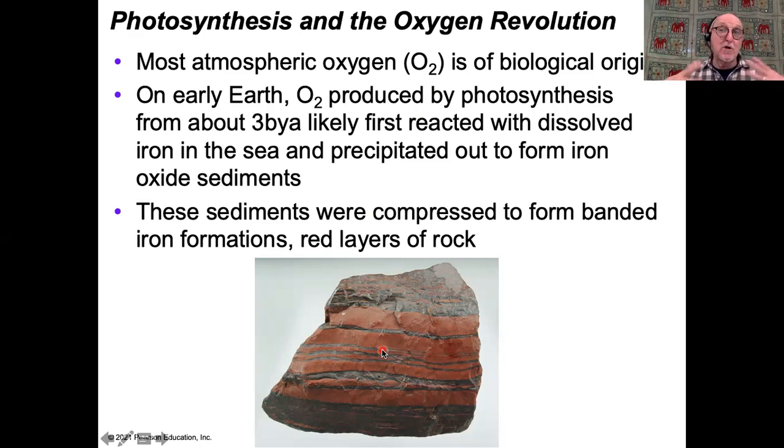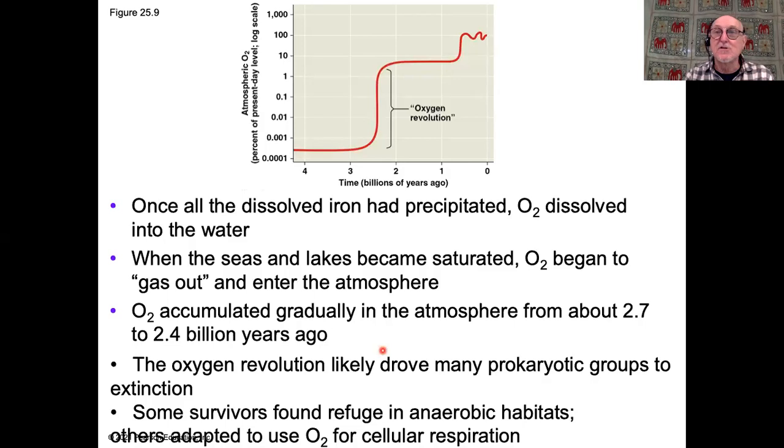Eventually, free oxygen began to accumulate in the water and in the atmosphere. And this was tremendously dangerous. It led to the first great mass extinction. This was a mass extinction of most of the prokaryotes, of the heterotrophic prokaryotes, which had arisen in the Hadean and the early Archean. The reason that they died was they simply were unable to withstand the presence of oxygen in either the water or the atmosphere.